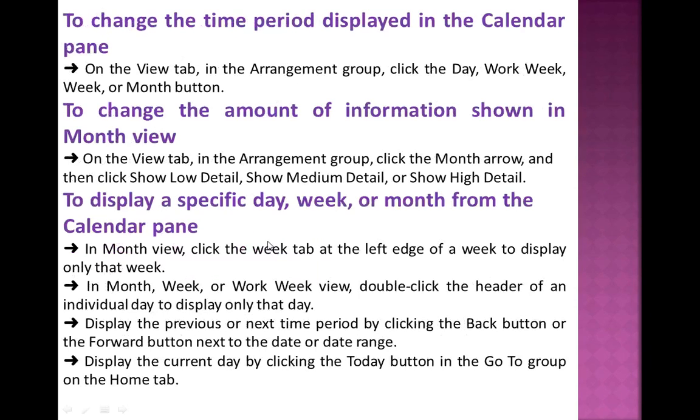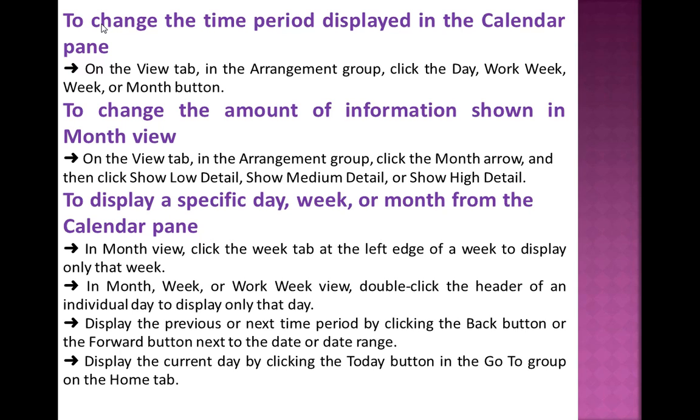Then, how to change the time period displayed in the calendar pane. Means how to change the time period that is available in the calendar pane in the arrangement group. Simply go to the view tab, click on the arrangement group and click on the day, work week, week or month button. Means how to change the format, how to change the different views of the calendar. Simply click on the view button, click on the arrangement group, click on either the day, work week, week or